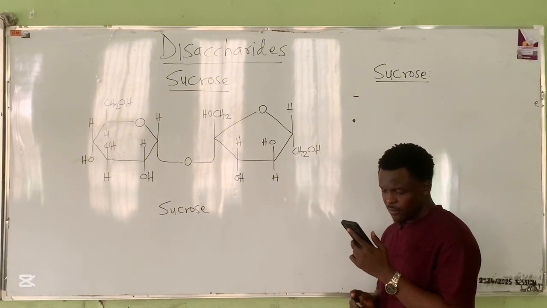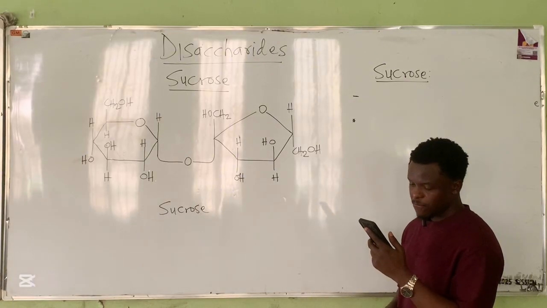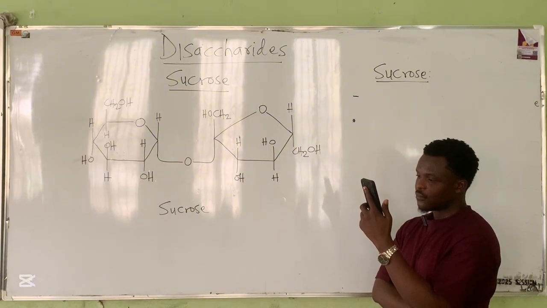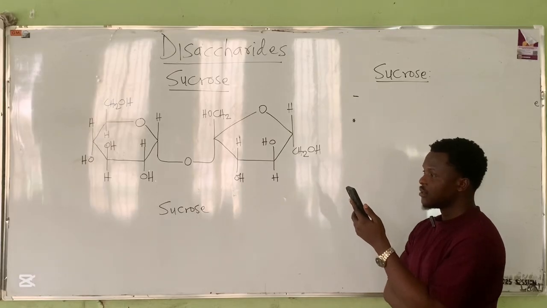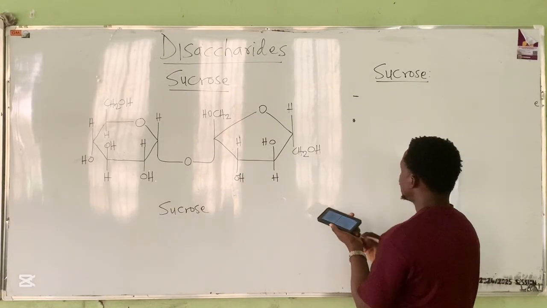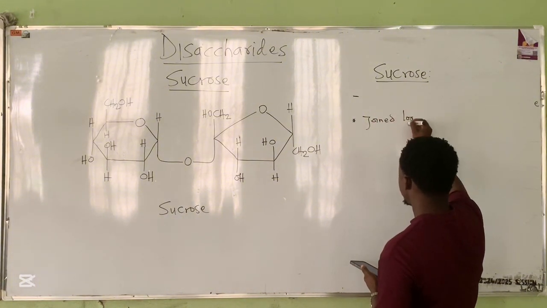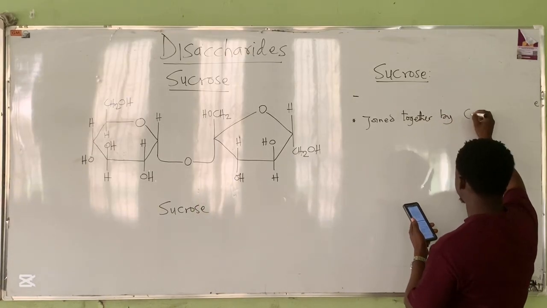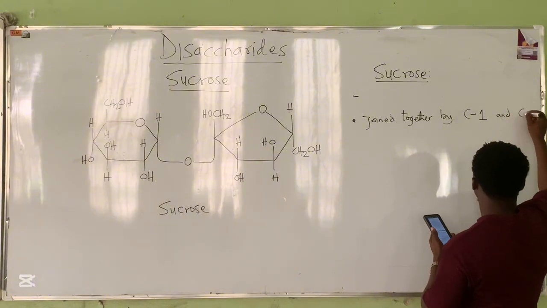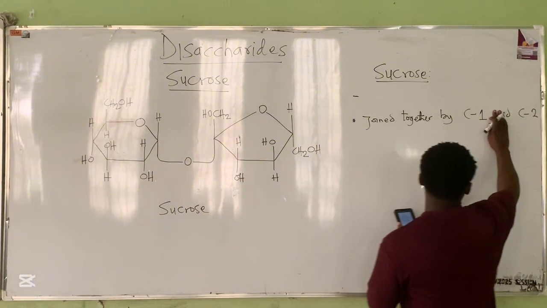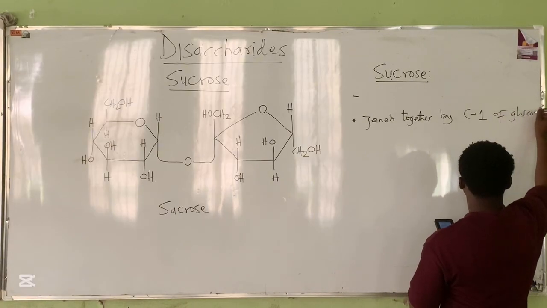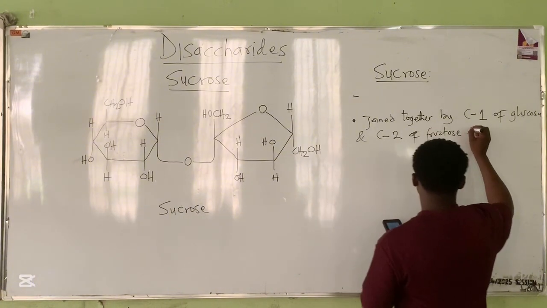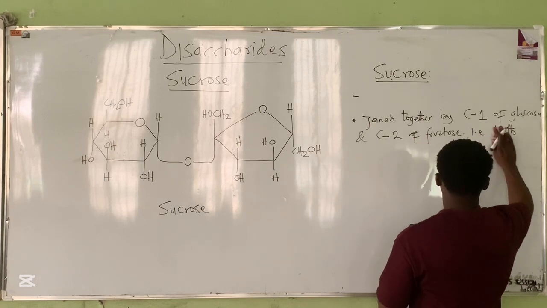Sucrose consists of glucose and fructose joined together by C1 and C2, C1 of glucose and C2 of fructose. That is via